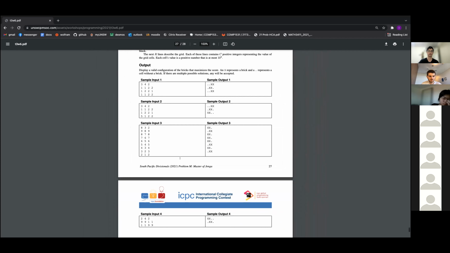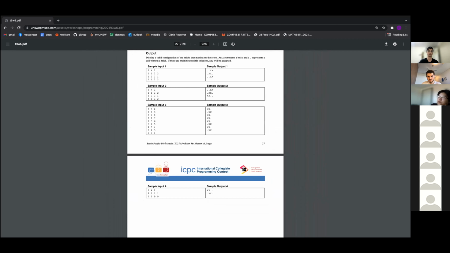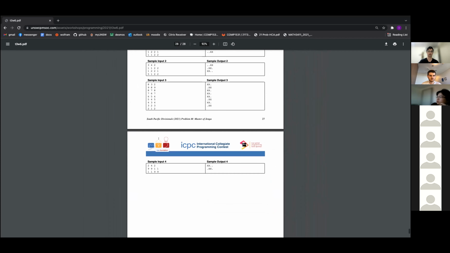So the fact that we only care about the block below us means that we can split this into subproblems, and the state is: what is the last block we placed? So we build from bottom to top and we say, if our last block placed was here, what is the maximum score we could have right now?